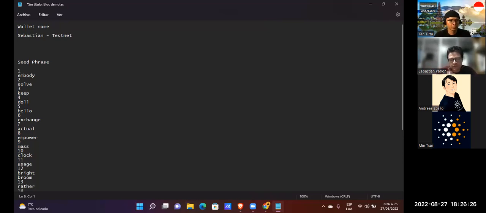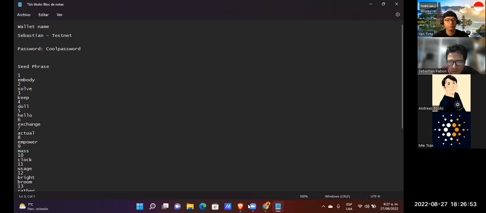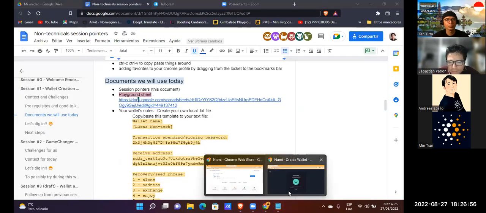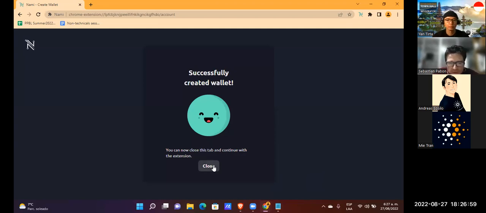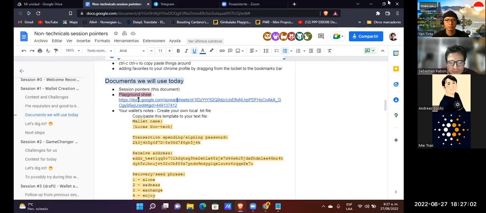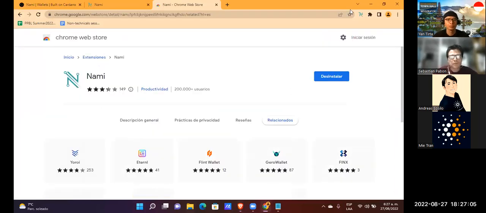You have to make all those annotations and keep this information in another medium. Okay. Successfully created wallet. We can close this.